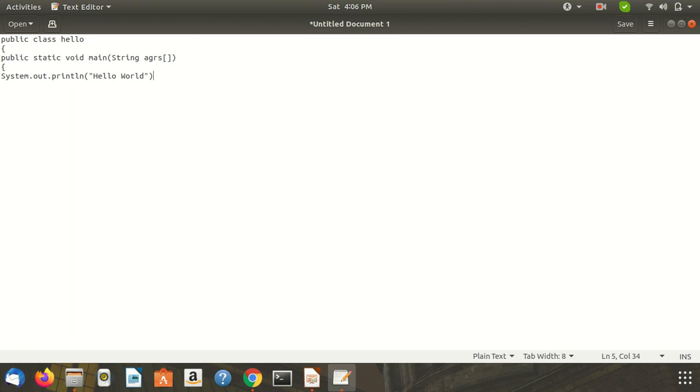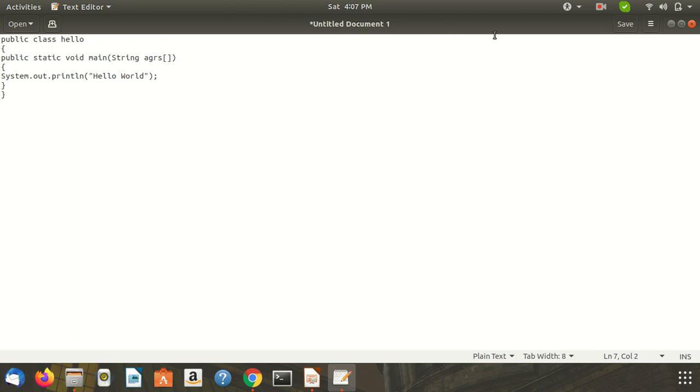Complete the method, and give the semicolon as a terminator to the statement. Complete the main method and complete the class. So here we have defined a simple Java program with the main method and the output statement.